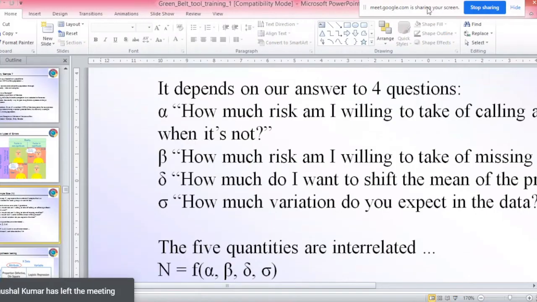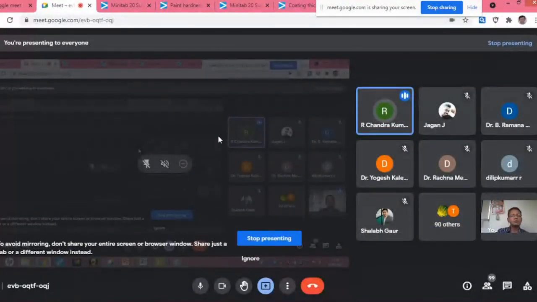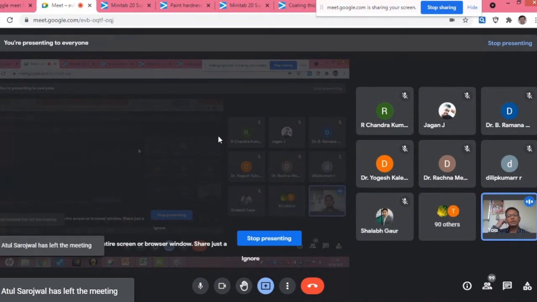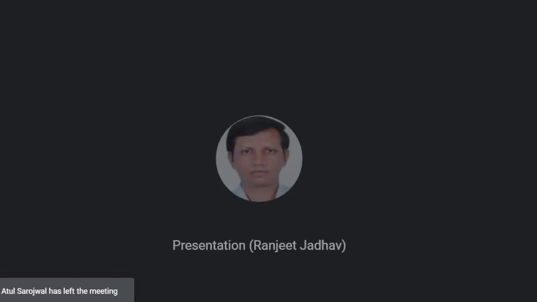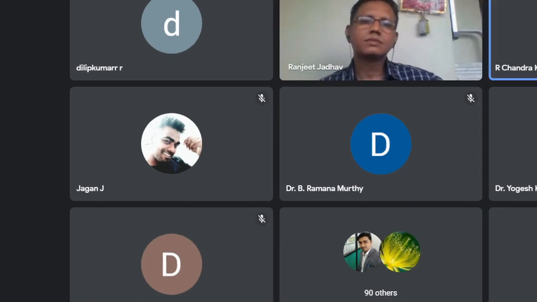Sir, if I collect the data and some of the data are outliers, what should we do? We should eliminate those data, remove those data. That will be reflected in your analysis, no? Yes, if you have more variation or outliers and you use one-way ANOVA, it will be reflected in your box plot. Okay, sir. Thank you. Please share some of these materials if you can, sir.